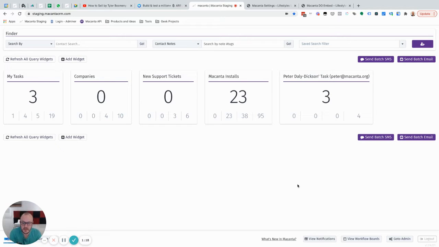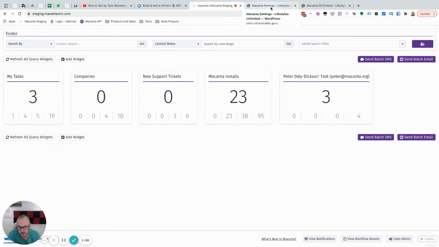If we then look at new features, the first is a data filter for the Macanta WordPress plugin. Now, if you aren't familiar with the plugin, what it allows you to do is embed with a shortcode data out of Macanta onto a WordPress page, and then when the user logs in, any data objects that they have as a contact in Macanta matching the email address they use to log into WordPress or your WordPress-based membership site,